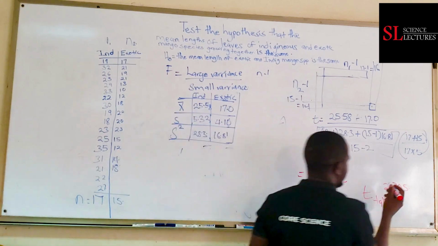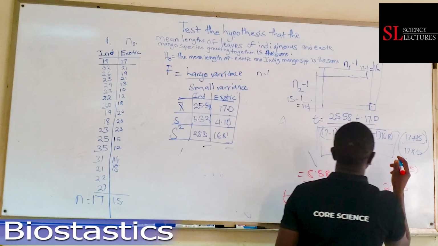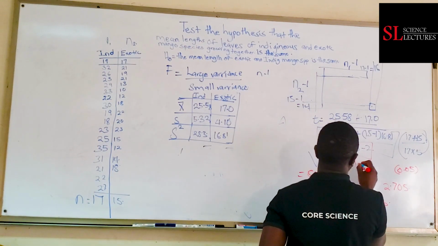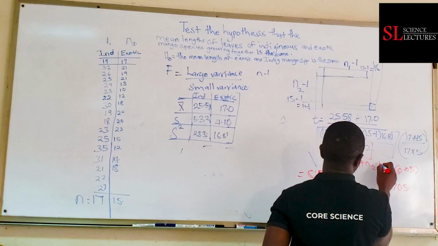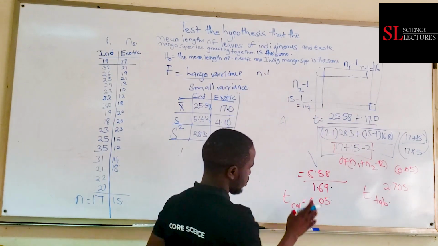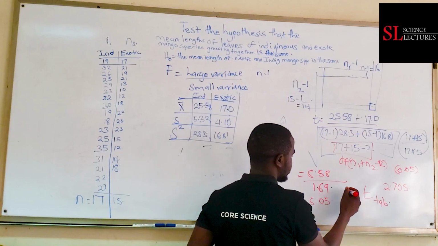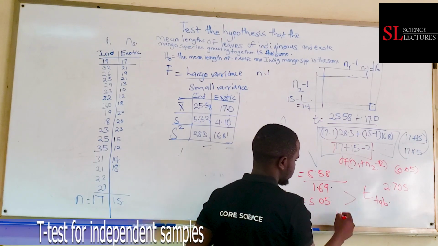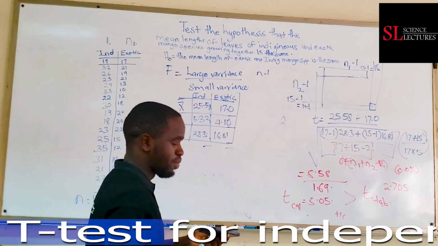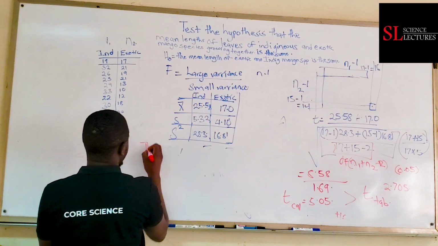2.705, I've read off at 0.05. And we say degree of freedom is this one down here: N1 plus N2 minus 2. So these two, when I compare, the calculated value is greater than the tabulated value. Therefore, we say you reject the null hypothesis. You come and conclude as such by saying that the mean length